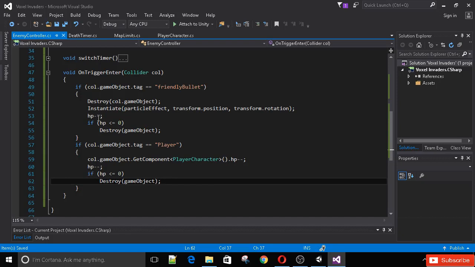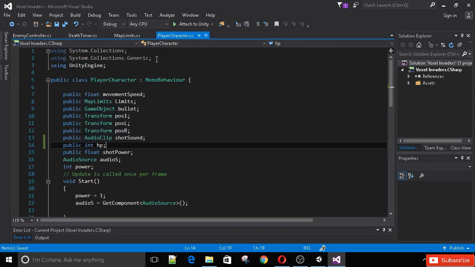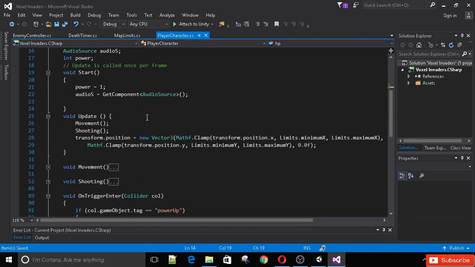Now let's also create that particle, why not? Also, we won't be destroying the player in this script. We will be destroying him in his script. He will have a check for health. We didn't implement that previously, but let's go ahead and do that now. So now he has health, and